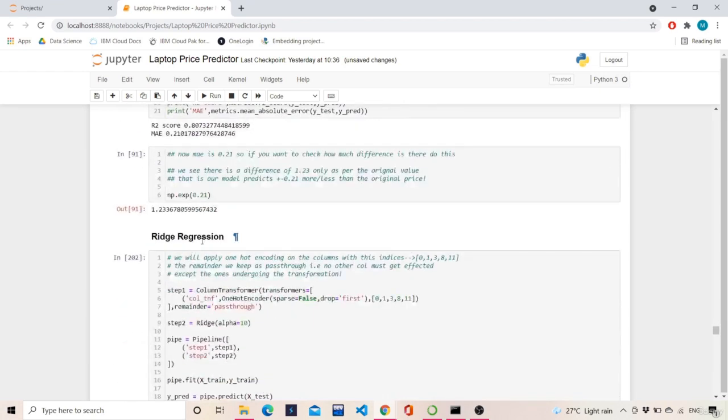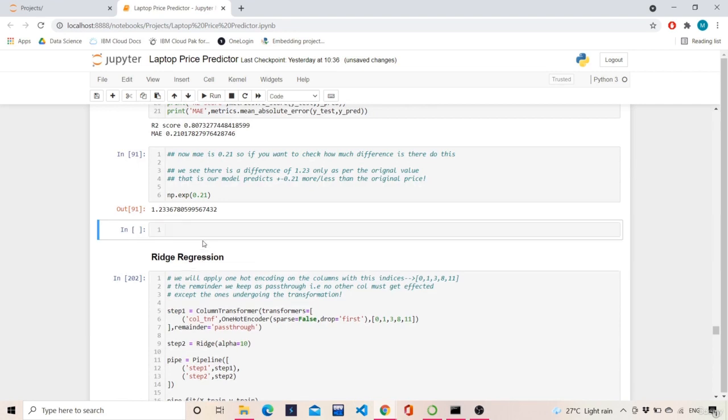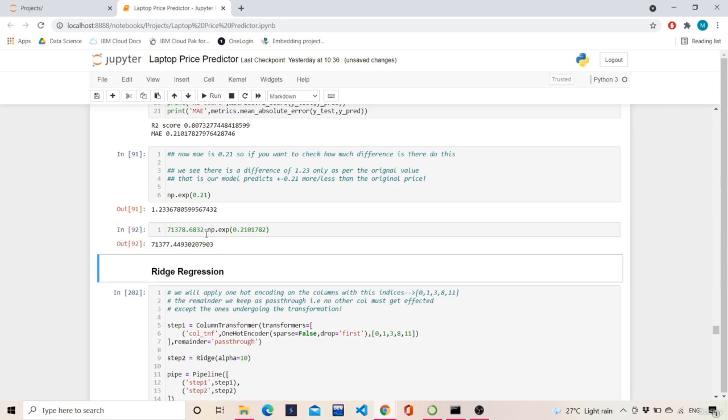So if I subtract this with np.exp of mean absolute error, that is 0.21011782, let's take it, how much am I getting?